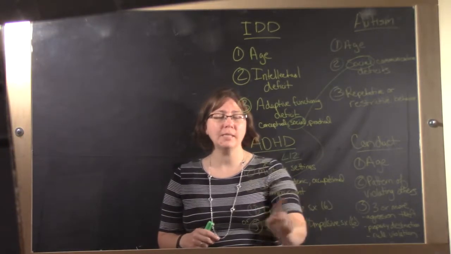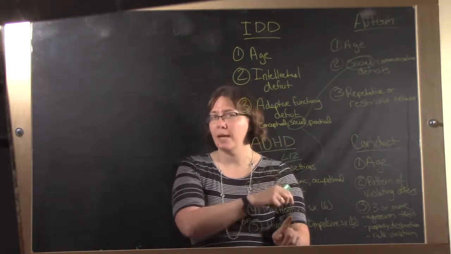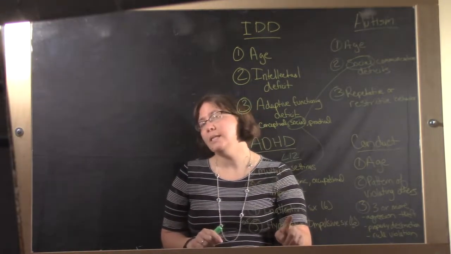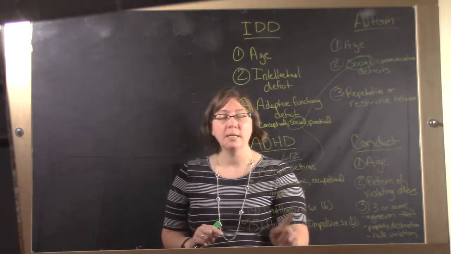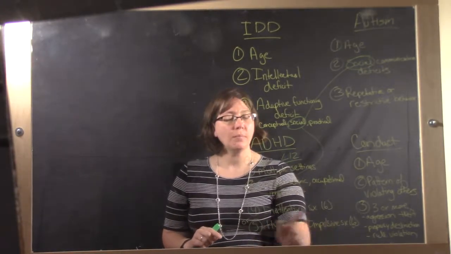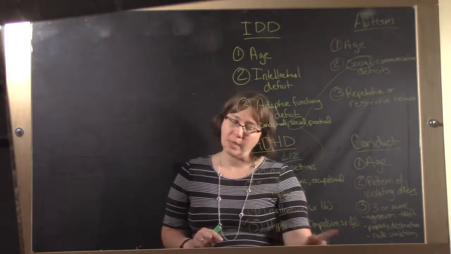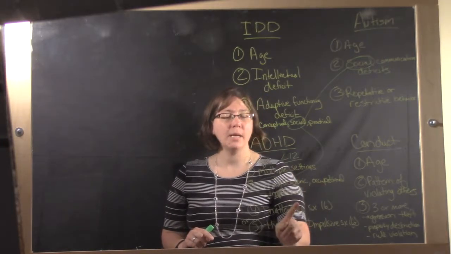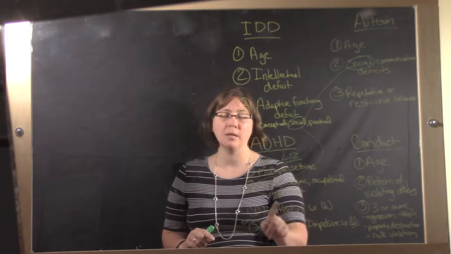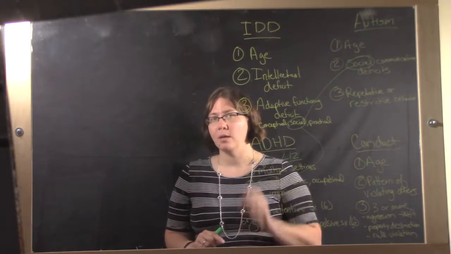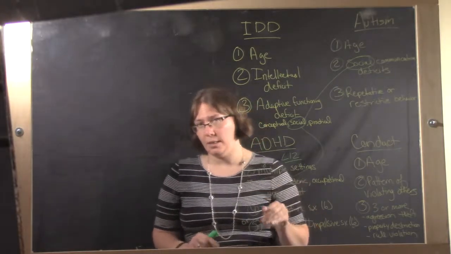If you only have inattentive symptoms, then you have ADHD inattentive type. That's what some doctors call ADD. But ADD doesn't actually exist in the DSM. It's ADHD inattentive type. If you only meet the criteria for the hyperactive impulsive, then it's ADHD hyperactive impulsive type. If you meet the criteria for both, so at least 6 symptoms up here, 6 symptoms down here, then you have combined type, both of them. So there's 3 different types of ADHD, but there is no kind of ADD.